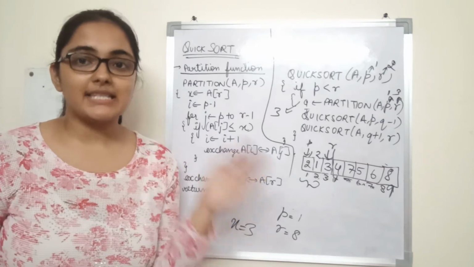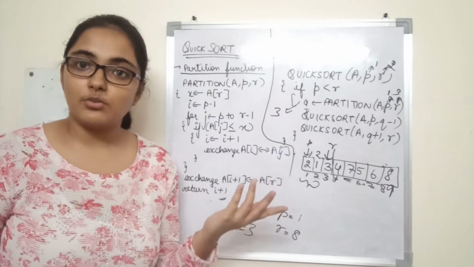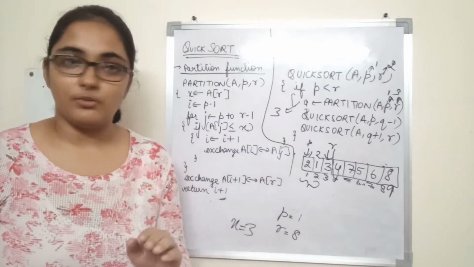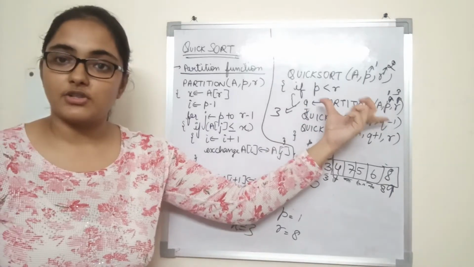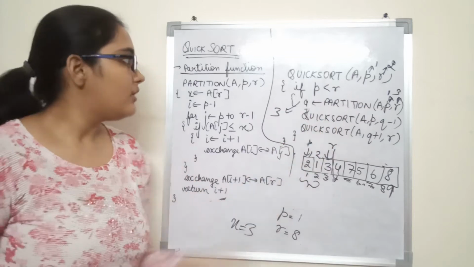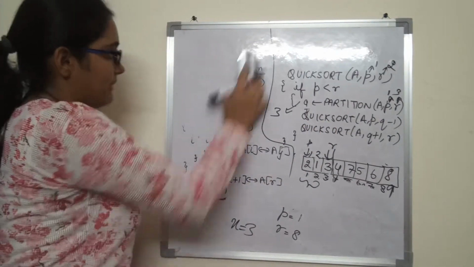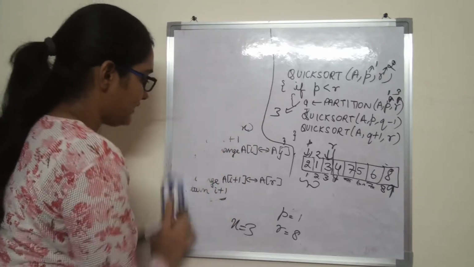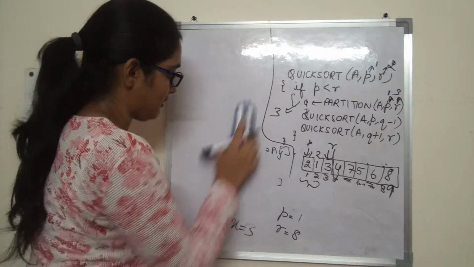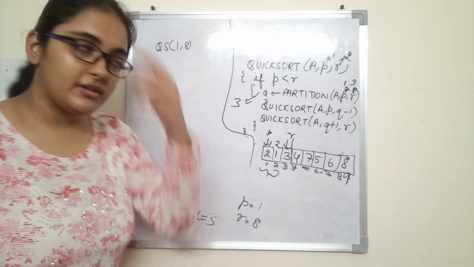So we will not get the same kind of tree in every case, right? Because in the merge sort, what happened was we just did p plus r by 2 and found out q. But here q depends on the partition function, so it will not give a straightforward number, right? So it cannot be generalized for every example, but for this example we'll create the tree. Otherwise you may get confused as to what is calling which function, right? Alright, so let me draw the tree.